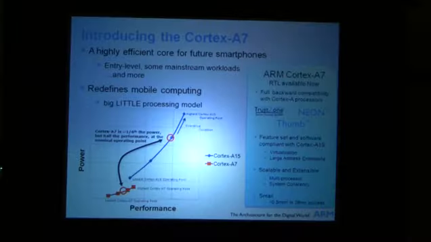As I mentioned in the agenda, the A7 was introduced just 2 weeks ago. We're billing it as not just highly efficient, it's probably the most efficient core from ARM in this A class of machine, where the A profile, for those of you that know the architecture, is where we have memory management and virtual memory support. Of course, ARMs go across such a broad spectrum that it's a key market for us, this part.